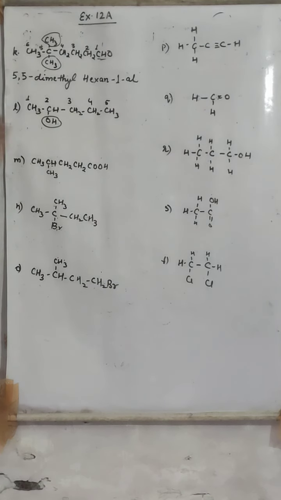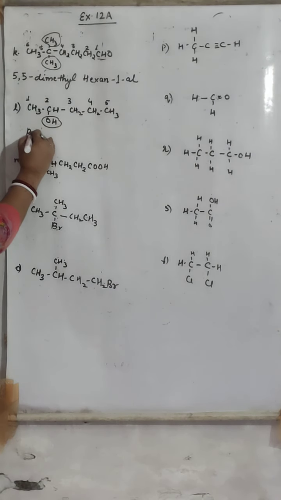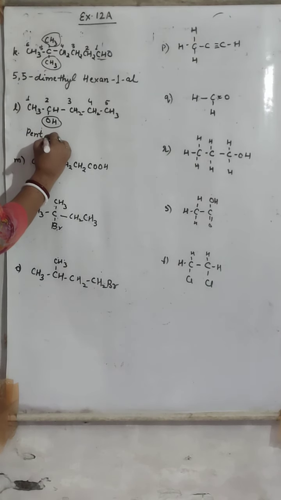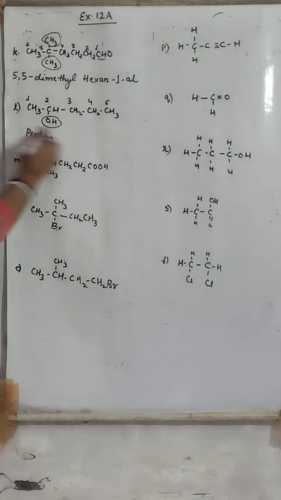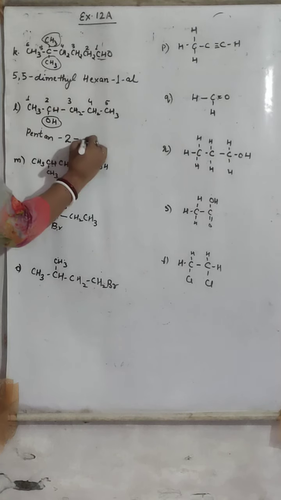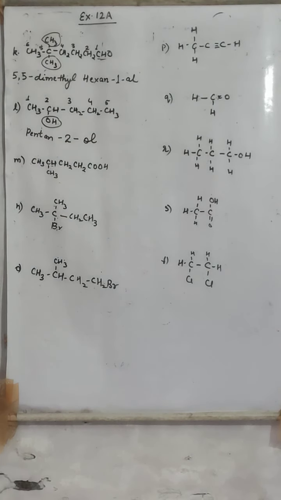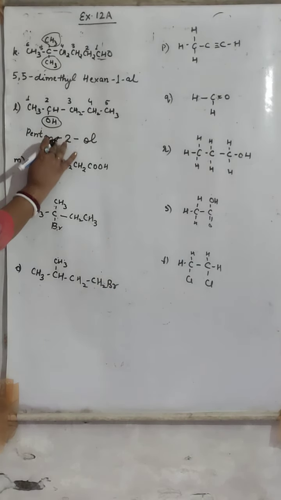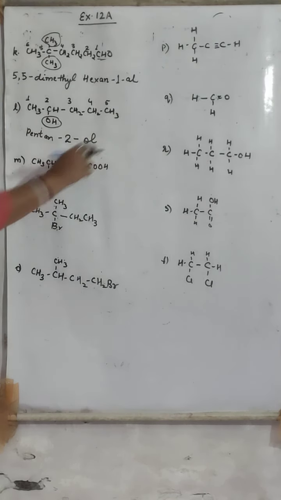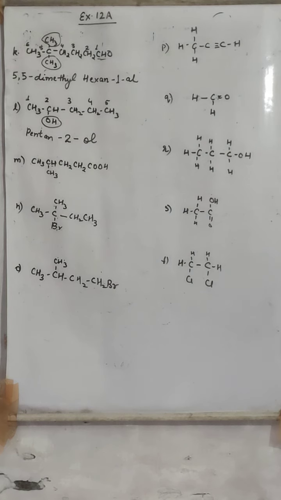5 carbon are there, no alkyl is there. So for 5 carbon we use pent. All the single bonds are there, that is why "an". Because a functional group is present, we will describe at what position the functional group is present: 2. And what is present? Alcohol, so for alcohol we use "ol". Here we don't use the "e". In place of "e", if a functional group is present, then we write the position and the suffix of the functional group.